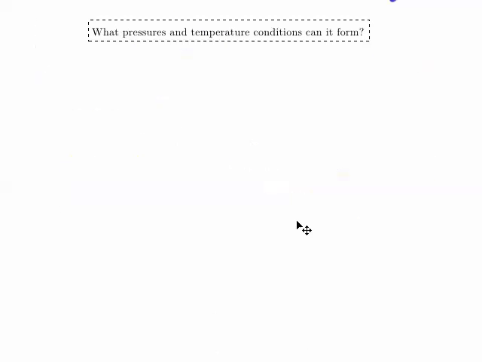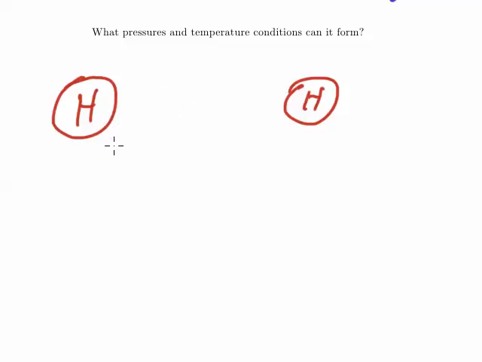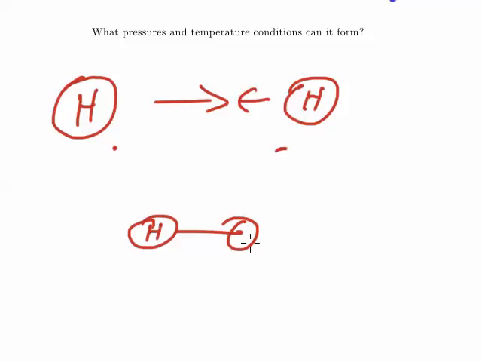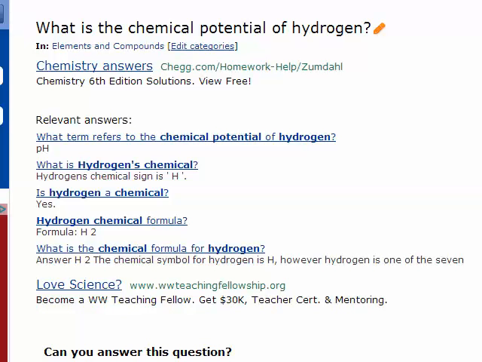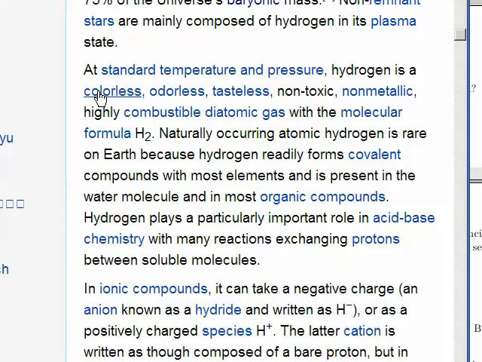And to answer that question, I kind of need to know under what pressure and temperature conditions H2 can form. Basically, we have a hydrogen atom and another hydrogen atom, and we knock them together, and they will either stick together or bounce off of each other. It's probably a very simple chemical question. I don't know how to ask the question exactly. I can say at standard temperature and pressure, hydrogen is a colorless, odorless, tasteless, non-toxic,